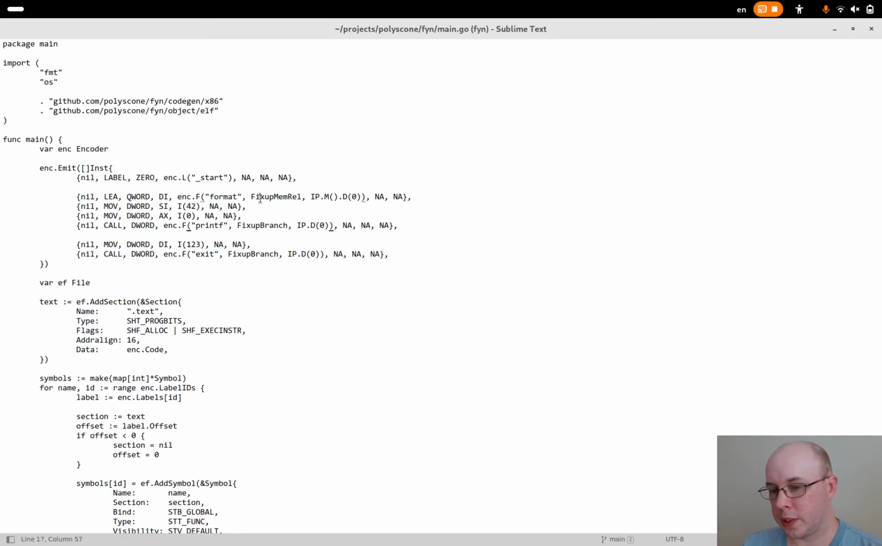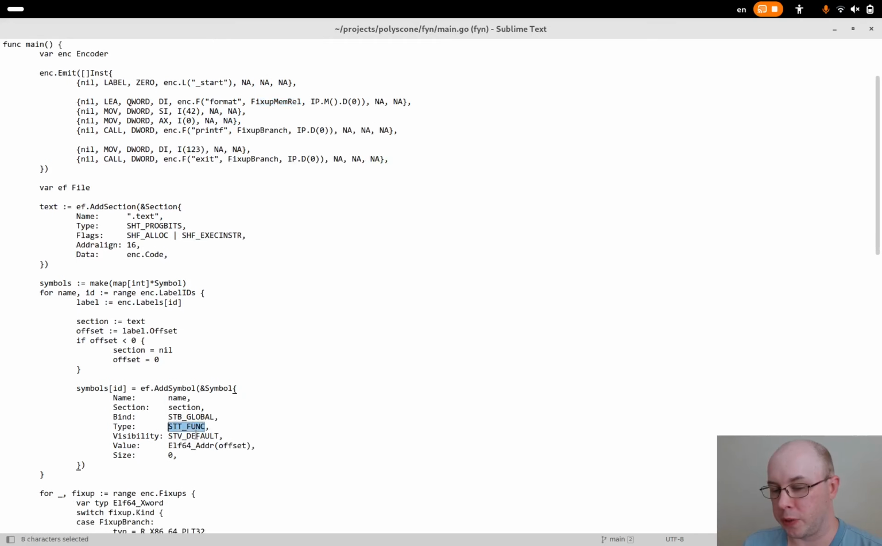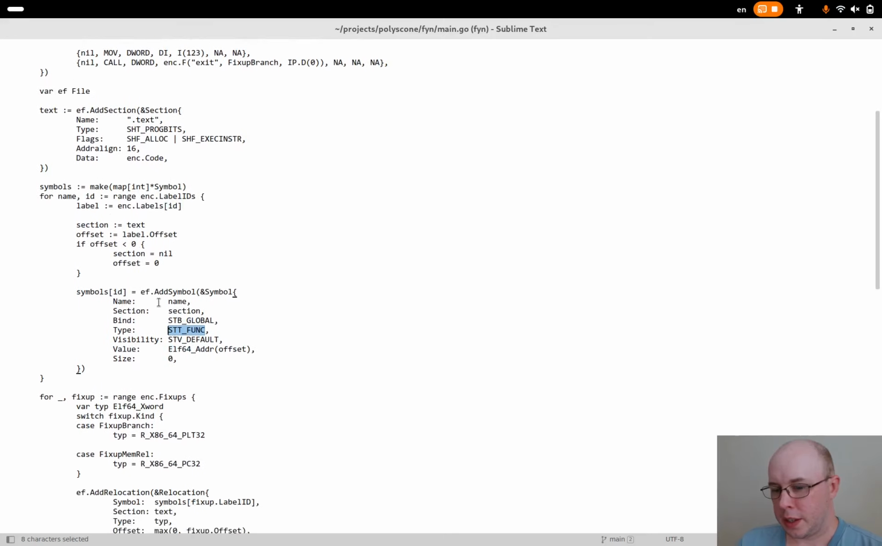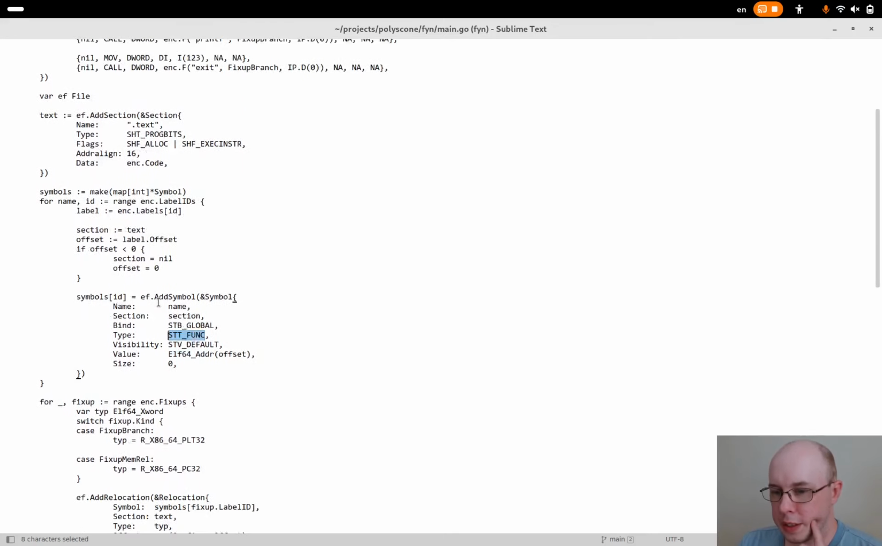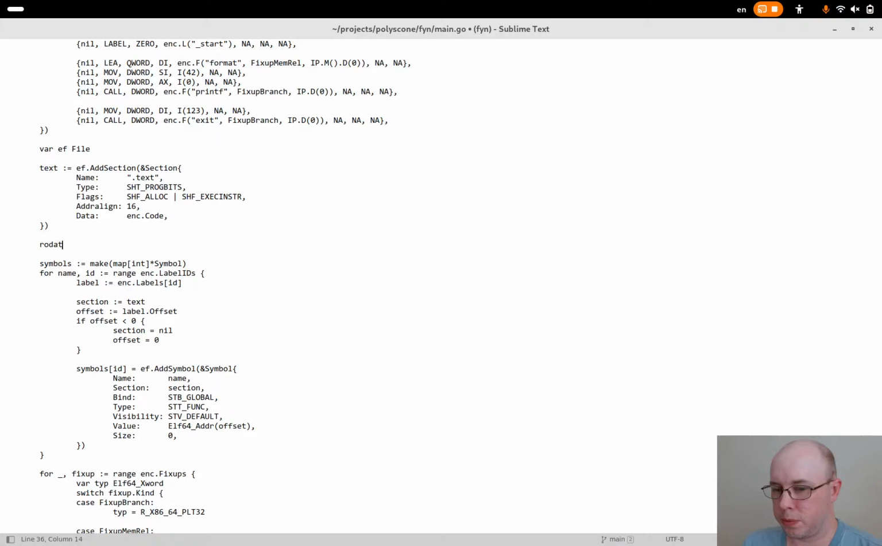And because I got this fixup memrel for data, I can't assume, for example, function here. This would have to be object, I think. But I'll deal with that in a minute. So in this case, then, we need a read-only data section. So we'll say ro data. Let's just copy